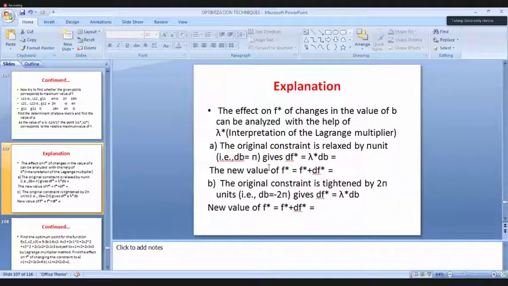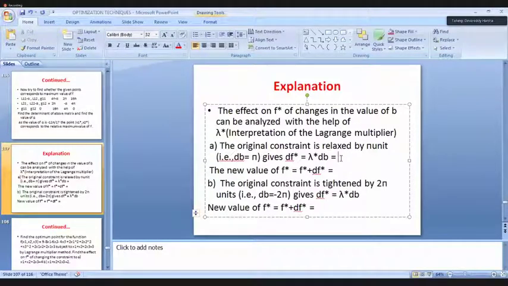Can you see that? So dB is taken as how much? Pi. df star equals lambda star into dB. Can you please tell me what the lambda star value is which we got in the question? For 24 pi, yes, we need to use the lambda star for 24 pi to evaluate for 25 pi. Minus 1. So put a bracket and write minus 1. dB value? Pi.